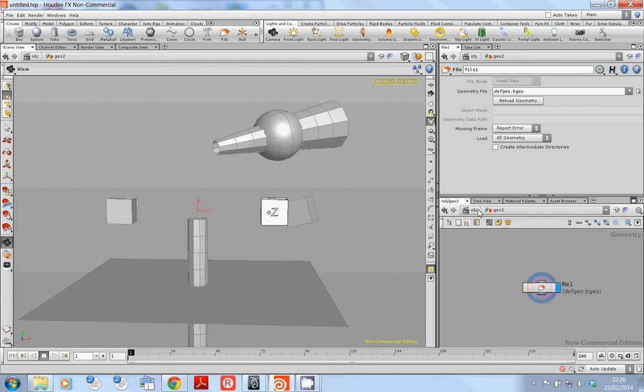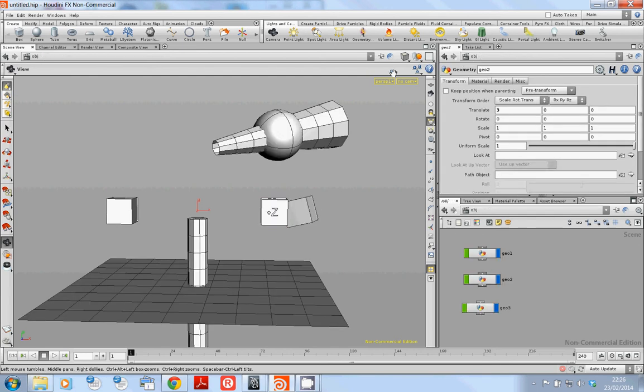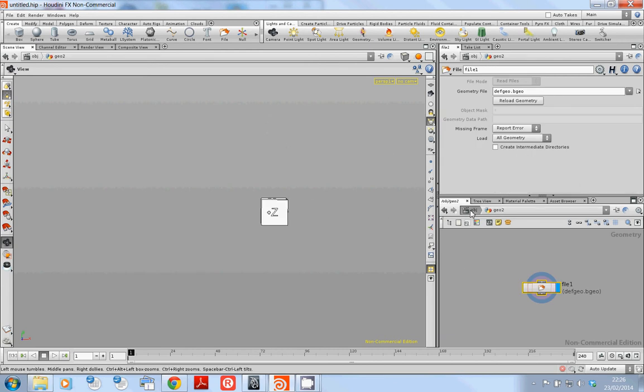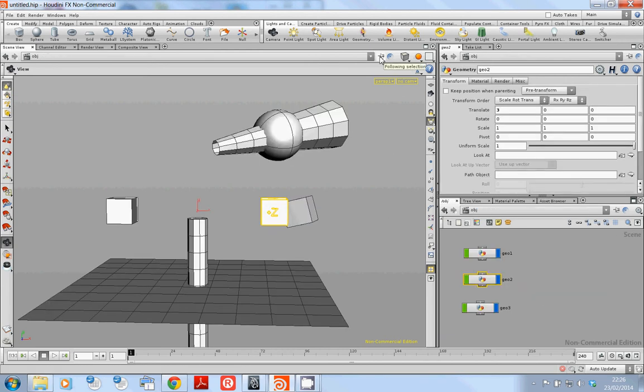I want to show you one other thing, and that is linking these windows. So I'm just going to hide all the other objects. So if I did go into that, Geo2, I'd lose everything. This little pin icon will follow your selection, so you can press that and it will unfollow your selection. You could do the same on the attribute editor and unfollow it. And if I go in here, into Geo2, I still see my main viewport has not followed the selection, neither has my parameter list,